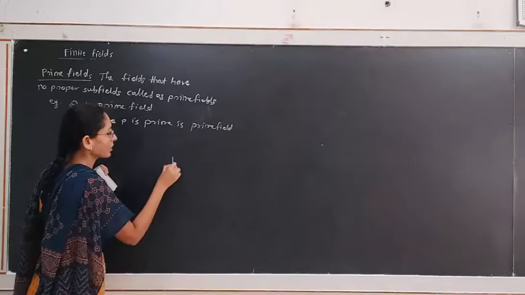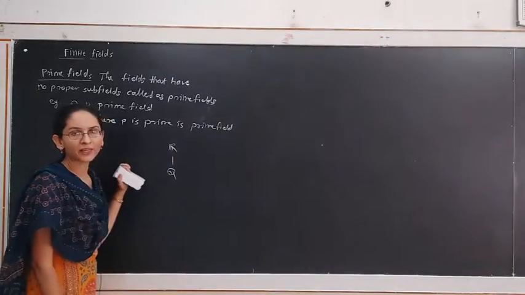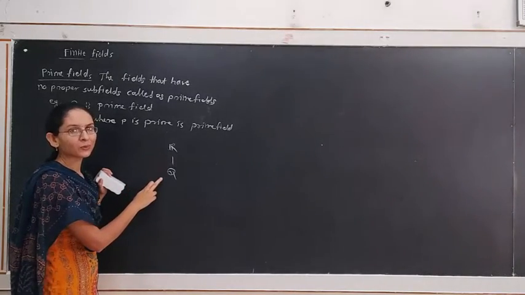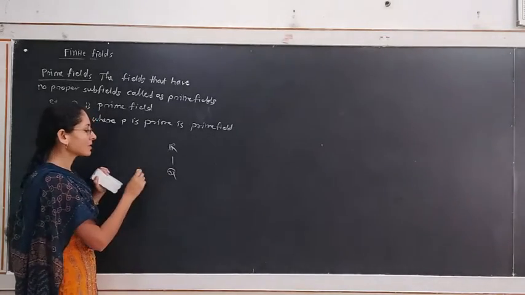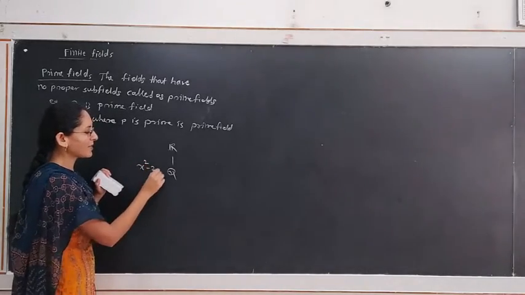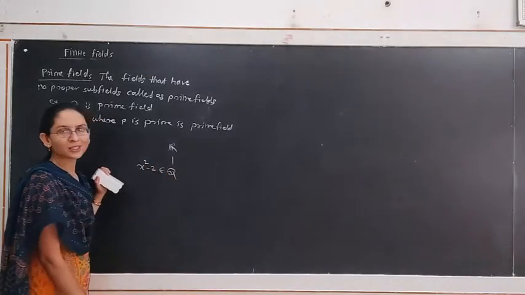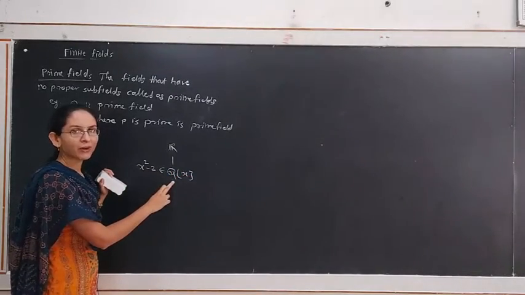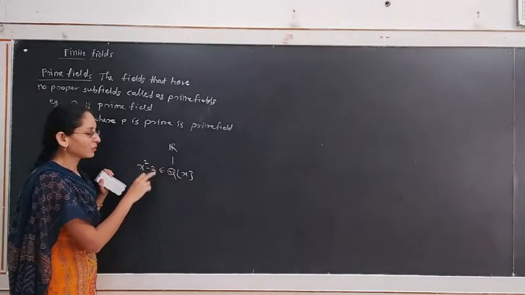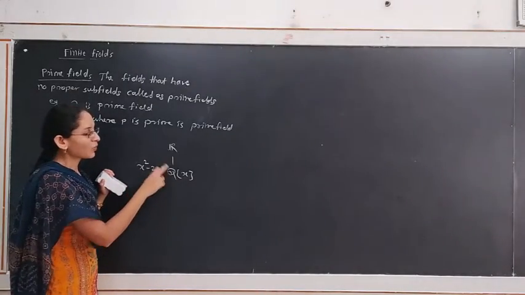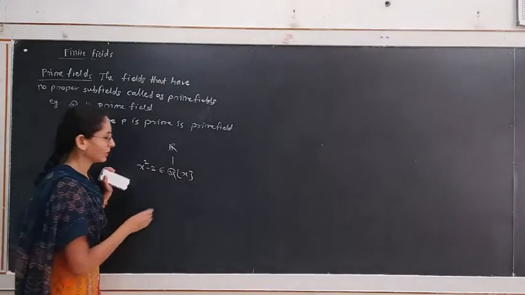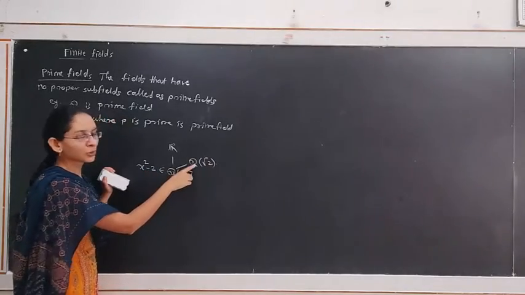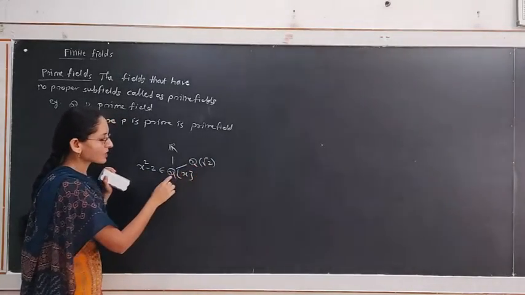We have the extension of Q, say R, the field of real numbers. Why does this extension exist? This is not an algebraic extension of Q, but it is a field extension of Q, since a polynomial of the type x squared minus 2 belongs to Q[x] and does not have a root in Q. Hence we find an extension of Q in which a root of this polynomial exists. The smallest extension of Q is, suppose, Q(root 2), in which the polynomial has a root. Then Q(root 2) is also an extension of Q.